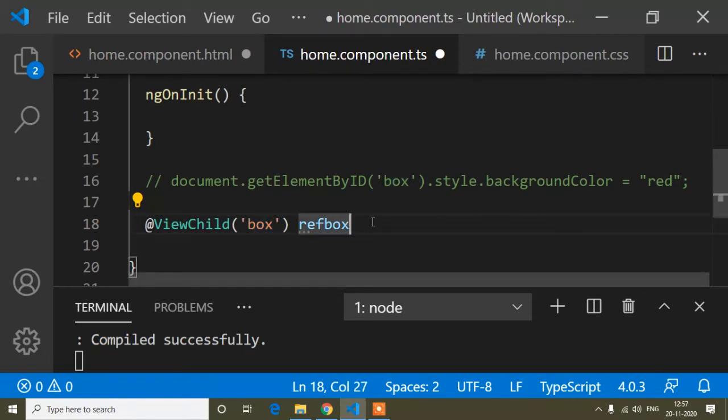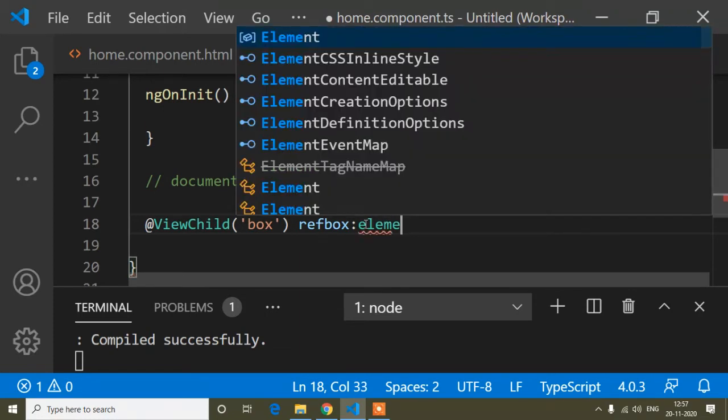So when I manipulate the DOM, I will not use box because I have added a reference of this box, and the reference name is refBox. So I will always use refBox to manipulate the DOM property, and this reference name you can write anything. And here I have to set the type, that is ElementRef.